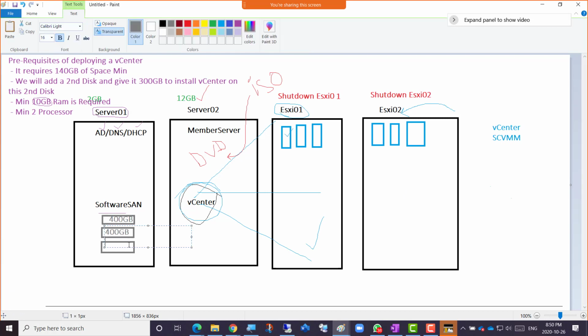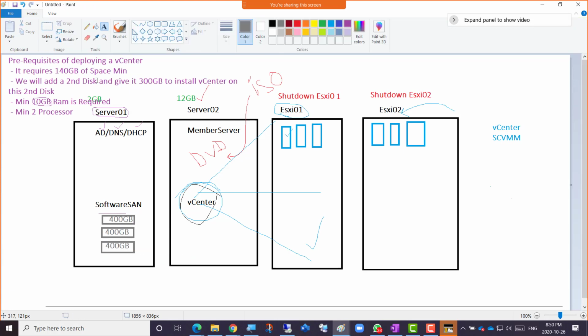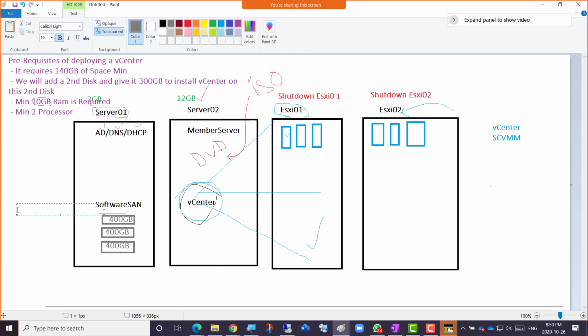We will first add those disks. We're going to bring them online. We're going to initialize them. We're going to format them, and they will be given EFGH drive letters, just like adding any drive. But then on this server 1 machine, we're going to install a feature called iSCSI